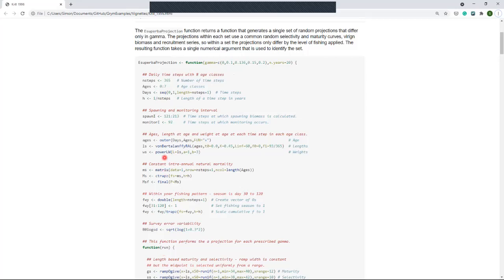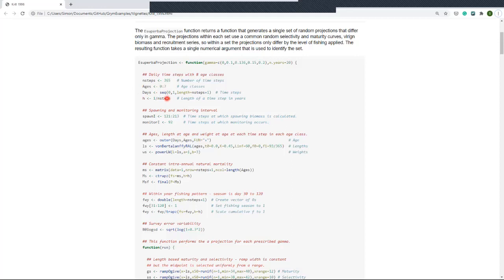So we start off by setting up some stuff that really would be fairly constant for a particular analysis: the number of time steps, the number of age classes. You might want to have slightly variant analyses where you change these things, but broadly, they're not parameters we're going to want to change a lot. So we're holding them constant, calculating them up front. So the number of time steps in a year, the age classes we're going to model, age classes 0 to 7. The actual time steps